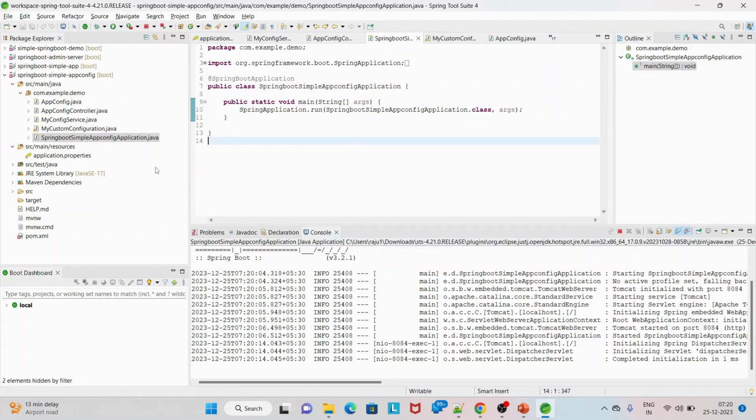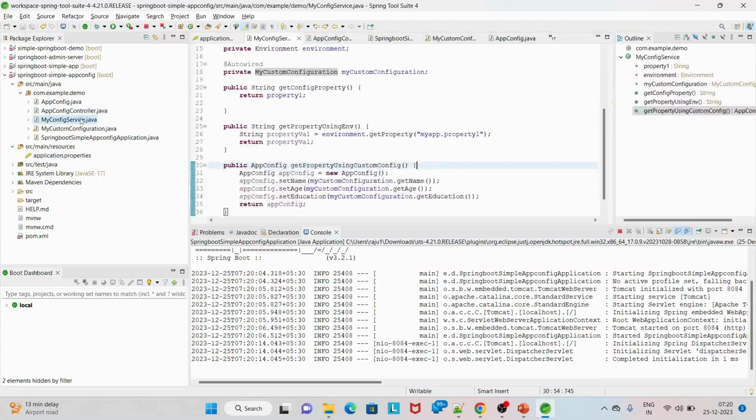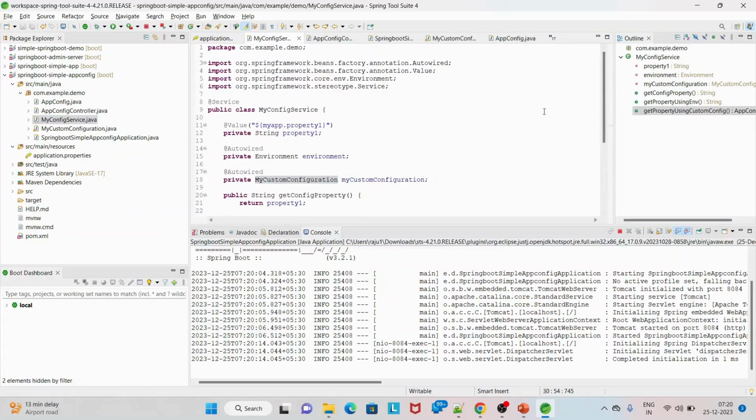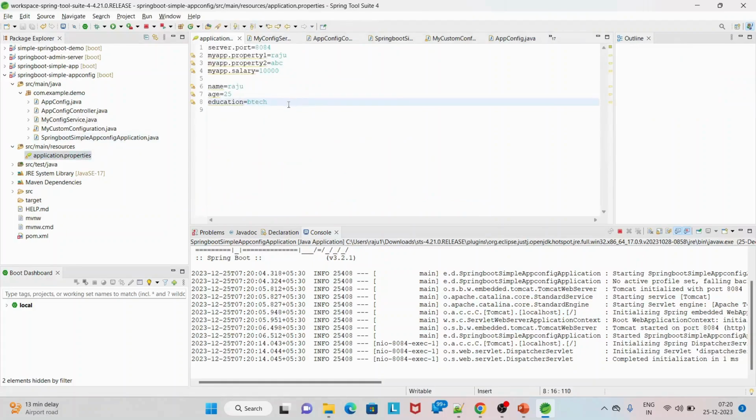Okay, in real time applications, mostly we create a custom configuration class, and to set the database, suppose you have configured something like